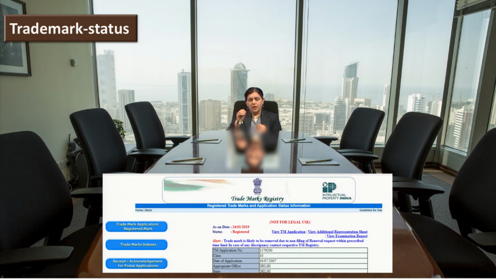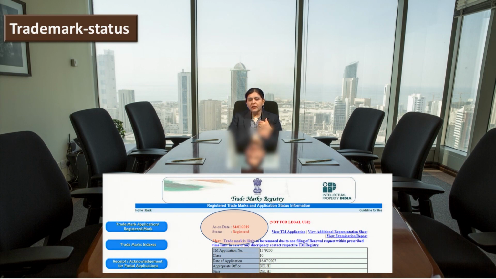You can click there, enter whatever your application number is or whichever credentials you have with you, and you can check the status of that particular application. So, here you can see, just see the circle here, you can see registered. So, this kind of status you can see.